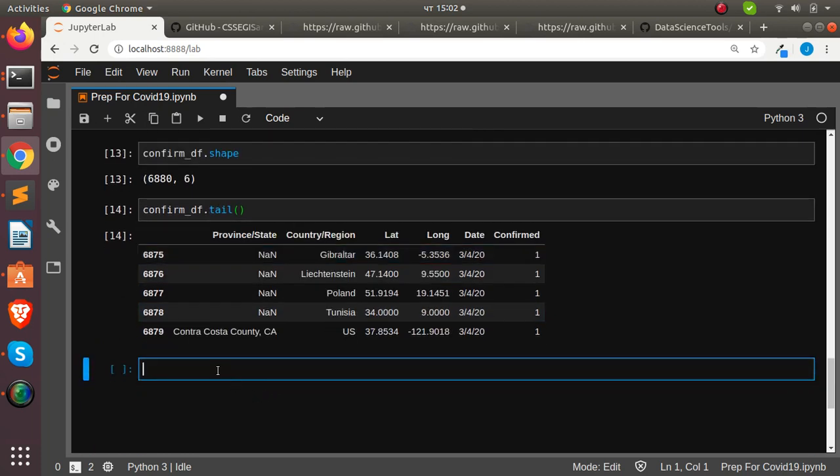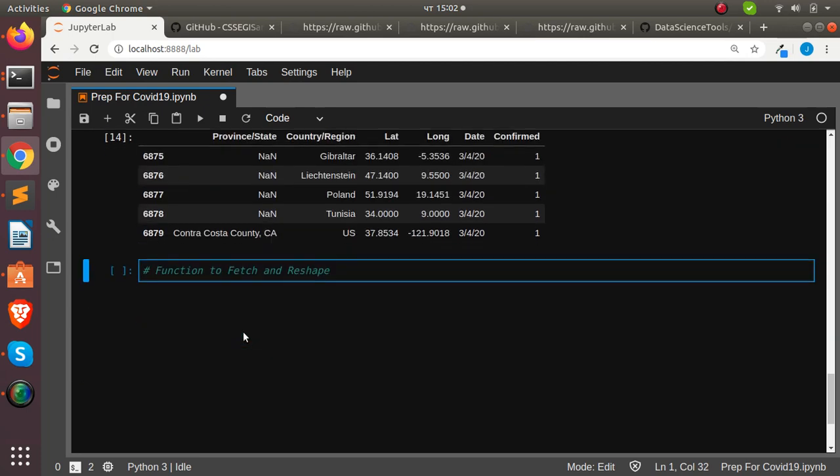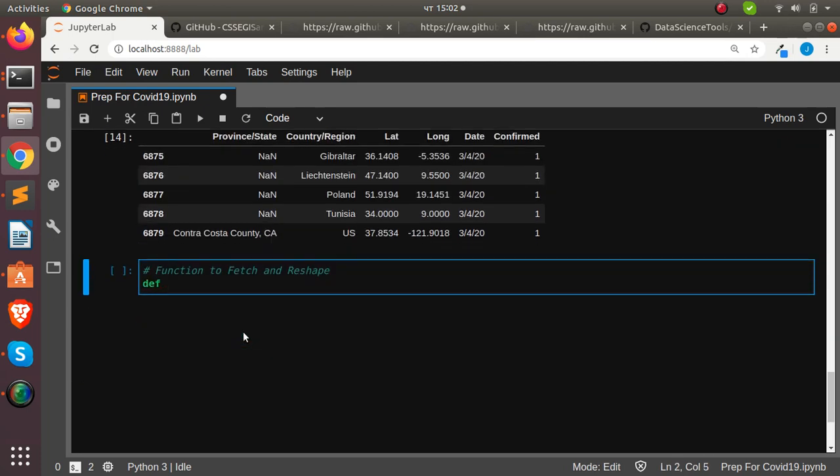So I can just come back to this place and create a function to fetch the data and then reshape them. Right? That's what we're trying to create, a function to make it simple for us. So I just call this function get and then melt, right? You can just give it any name. Melt data. So what I'm going to do is I'll pass in my URL,